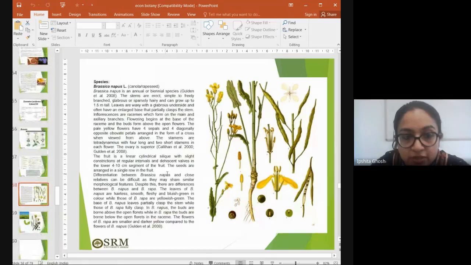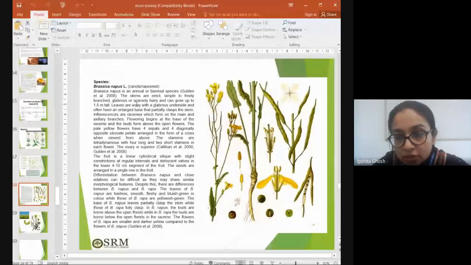So look at this. Now we come to the morphological description. Okay. So if you look at the plant, this will give you enough hint on the morphology of the plant. Okay. So Brassica napus is the species we are speaking about today. There are other species as well, but this is one of the most important ones. It's also called canola or rapeseed. And it is okay to remember just this species.